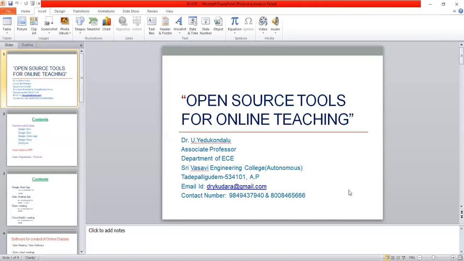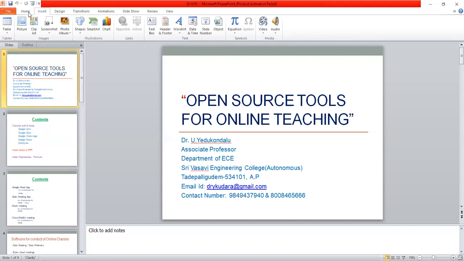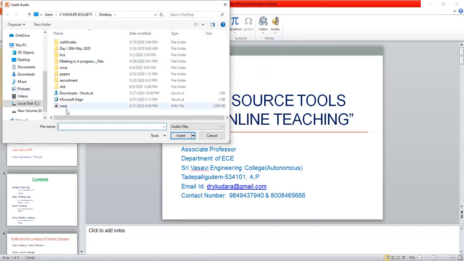Now, sir? Yes, sir. If you want to insert some audio or video on your particular PPT, go to insert. On the right side of insert, there is a video and audio option, media. Is it visible, sir? Yes, visible. If you want to add audio, you click on audio, and we get audio from file, clip art audio, and record audio. So some options are there. If you want to add audio from file, you click on that,